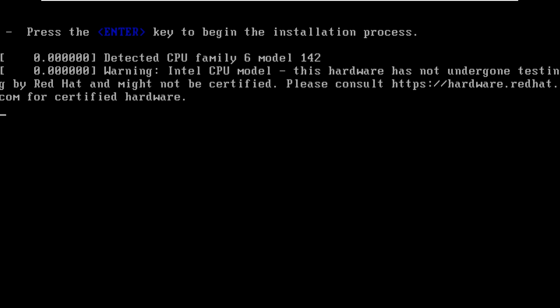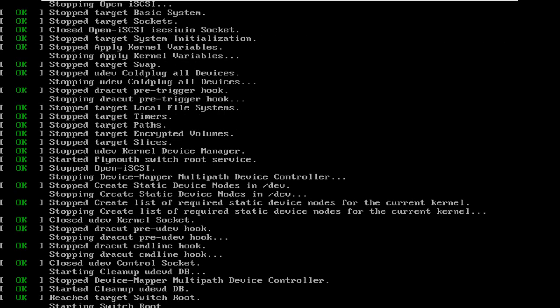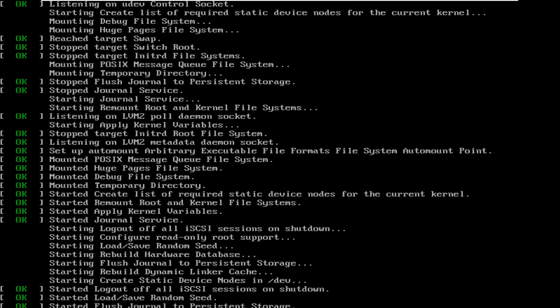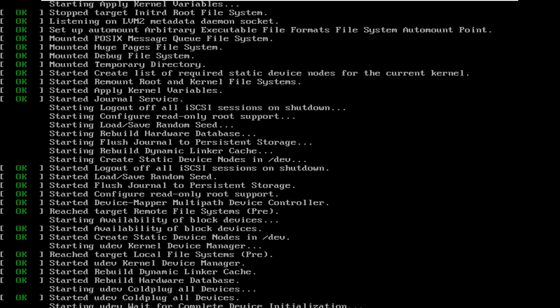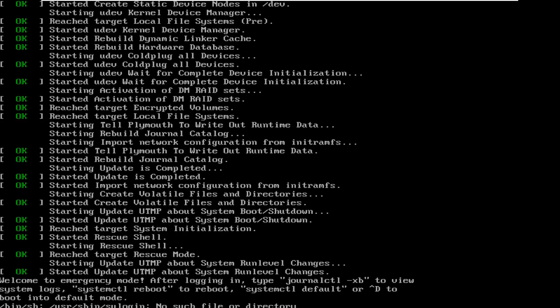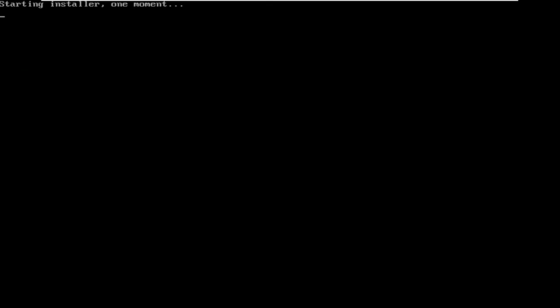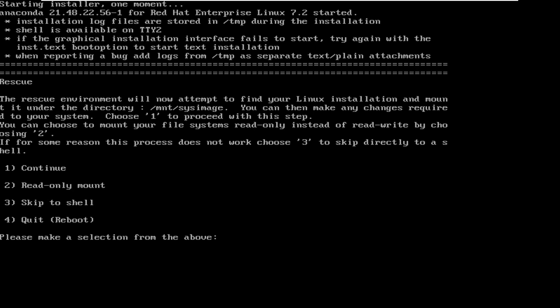Now what it will do, it will not start our main file system, main installation. It will start the system from DVD. So it has its own small version of OS in the DVD. So it will start the OS from the DVD, and our main operating system, it will try to find it. If somehow it is working, then it will find our main installation, and when it finds our main installation, it will keep it in another directory.